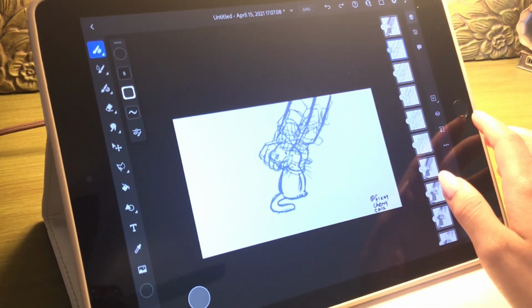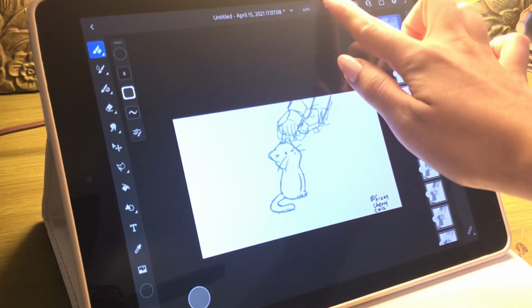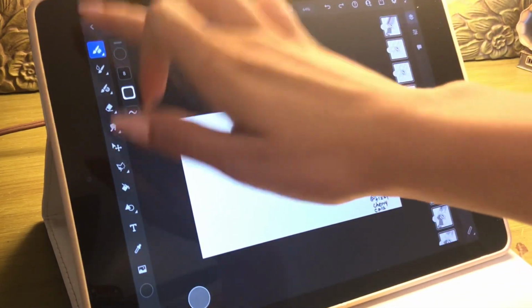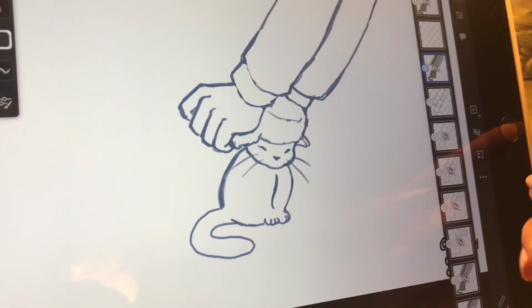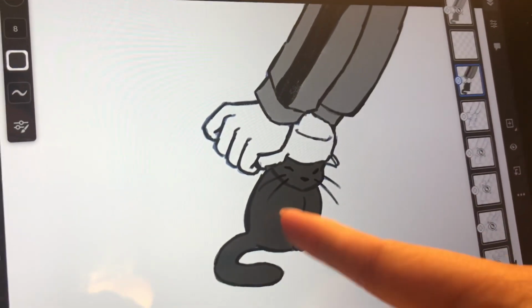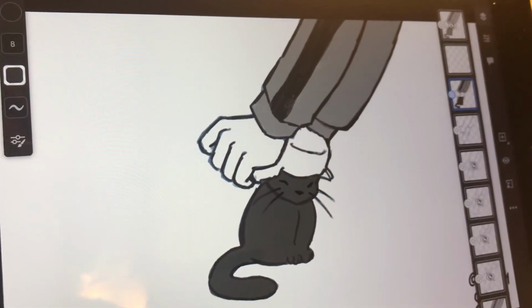I kinda blurred the lines here with what exactly constitutes line art and color, because technically when I went over and cleaned up the lines, that essentially turned it into line art, and when I filled in these sections with gray, that essentially is coloring. But I disregarded that because if I just left it as a blue sketch, it would be way too confusing to tell what's going on. I also originally wanted to include Anatoli in this as well, and with both Boris and Anatoli running around with no distinct color differences, it would have been too confusing because Anatoli wears white. Feature and boy oh boy, how I would just love to have one of those.